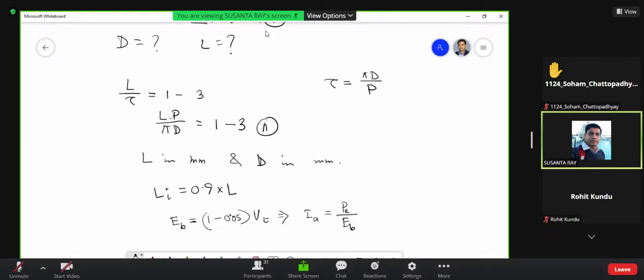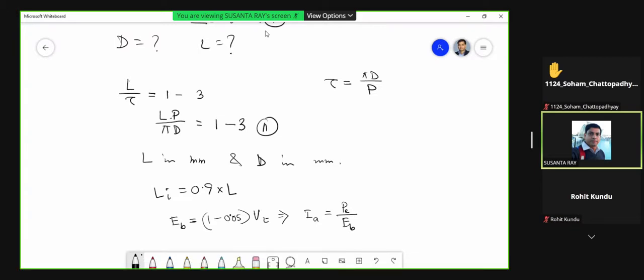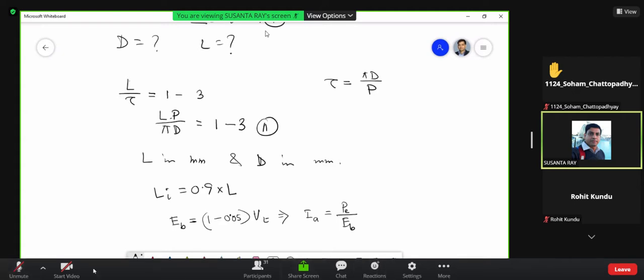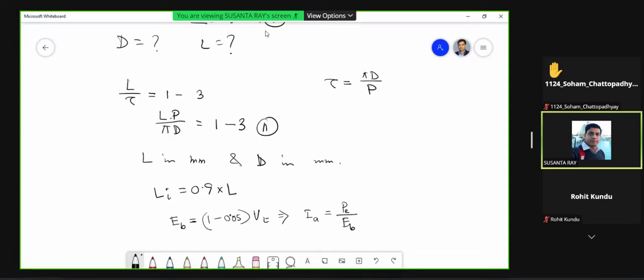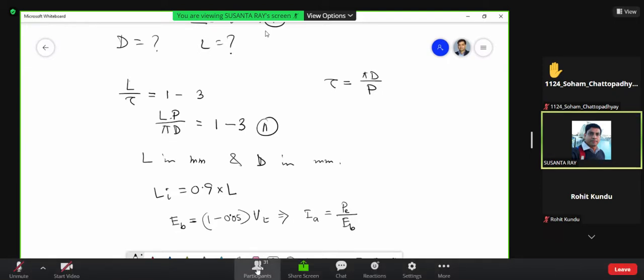Okay, so after that you have to calculate the armature current Ia, which is given by Pe by Ev, power by the power. Which power you have to use? You have to use the input power. Okay, so Pe, not the input power exactly. It is called the electromechanical power, which is not the output. From the output power, you can find out the Pe by some expression that I mentioned in the last class.